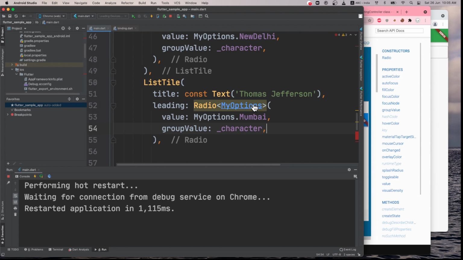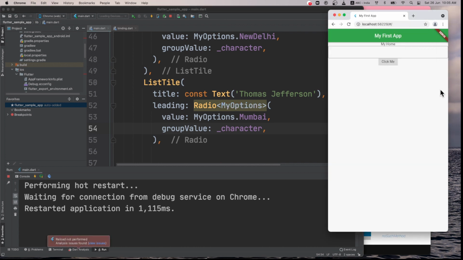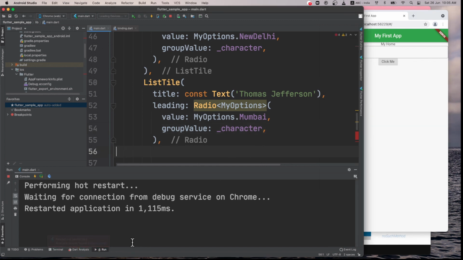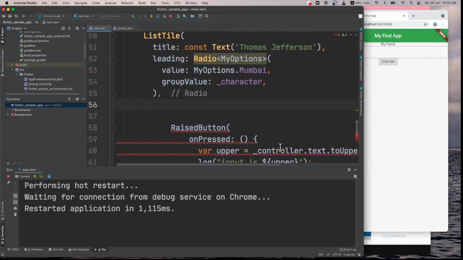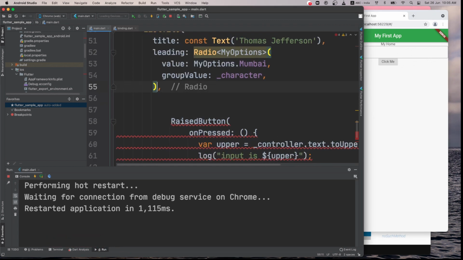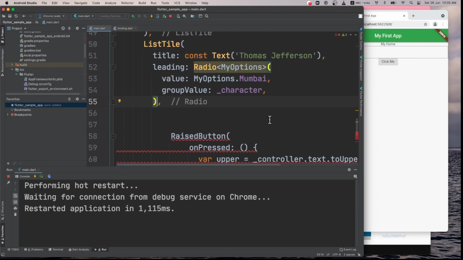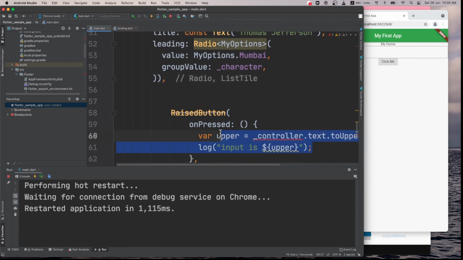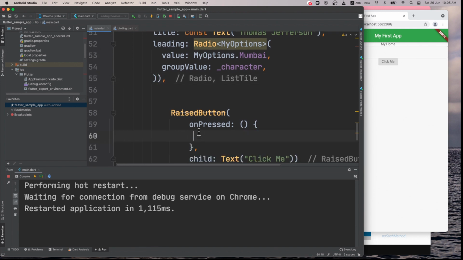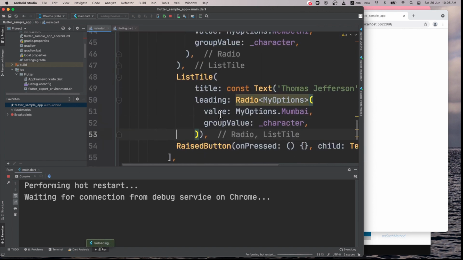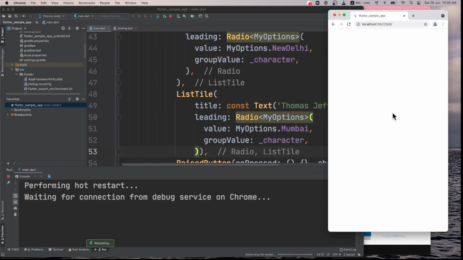So 2 options, if I save it, it should reflect here somewhere. I see there are issues, and you will see it here. So what are the issues? This is this one, and after this it needs to complete this. Right, yeah.